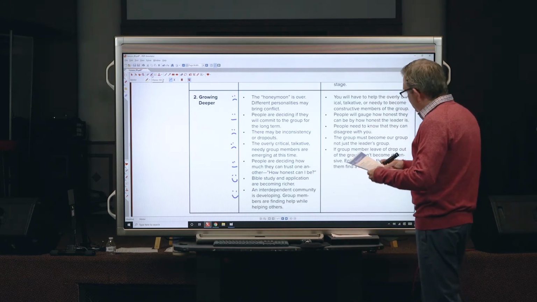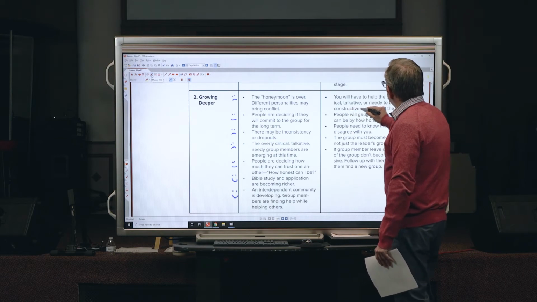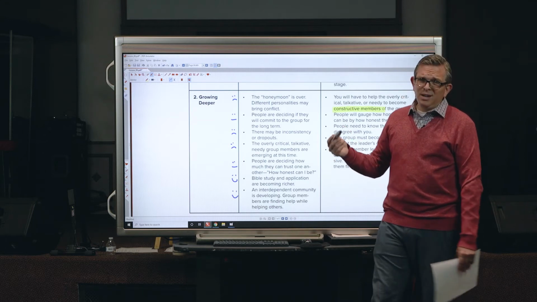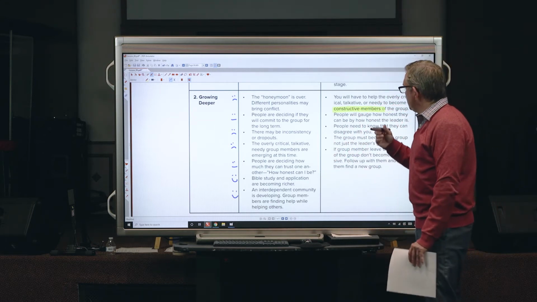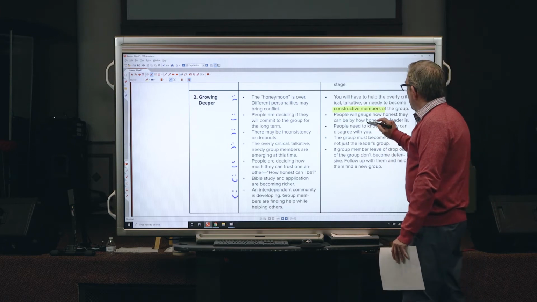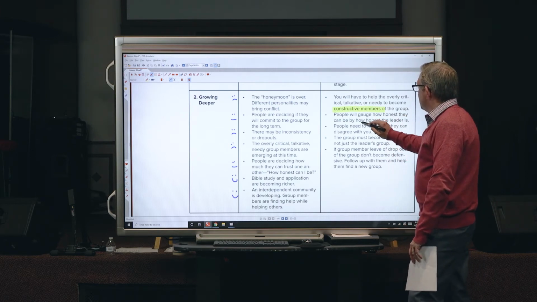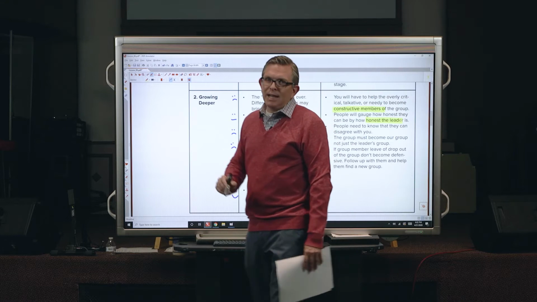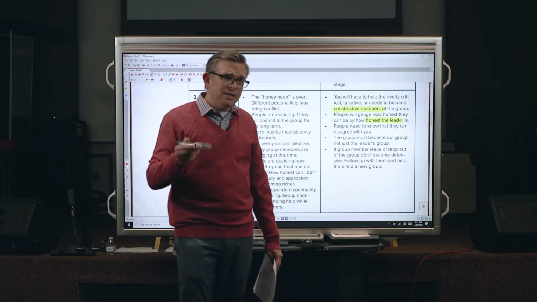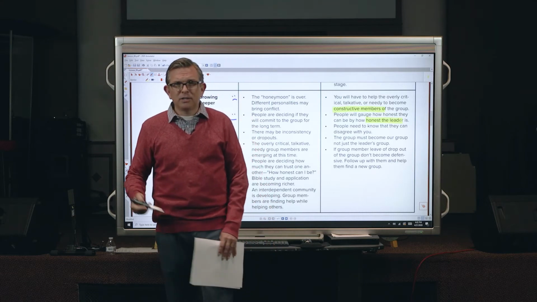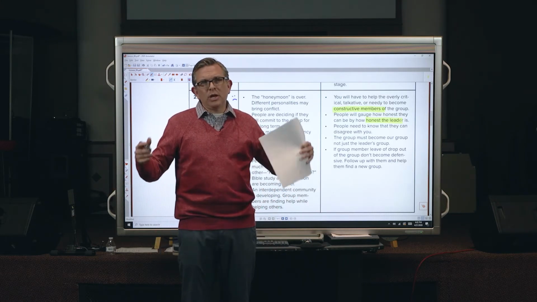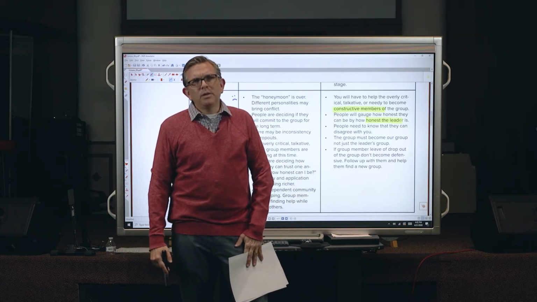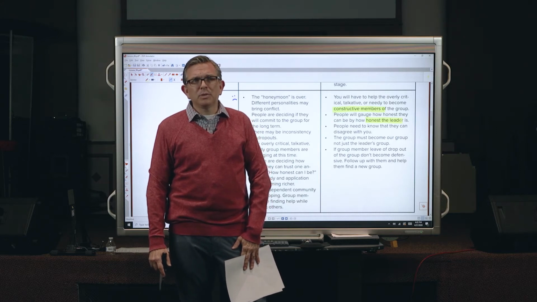Okay, as the leader, you want to help everyone become a constructive member of the group, especially those extra talkative, extra needy people in the group. You're going to help people gauge honesty. How honest is the leader? That decides how honest I can be. So as the leader, be honest and open. You don't have to share every detail of everything you've ever done and all your mistakes. But you need to open up a little bit as the leader,